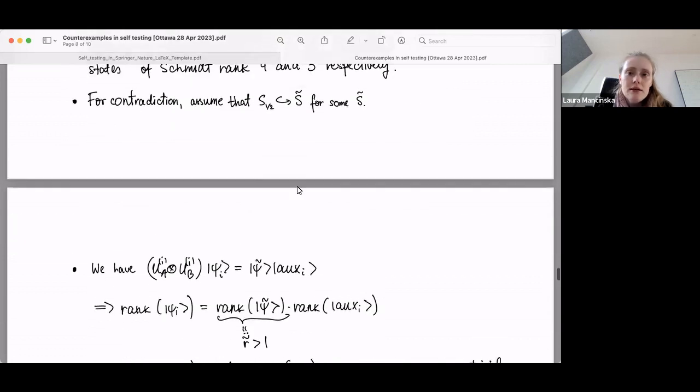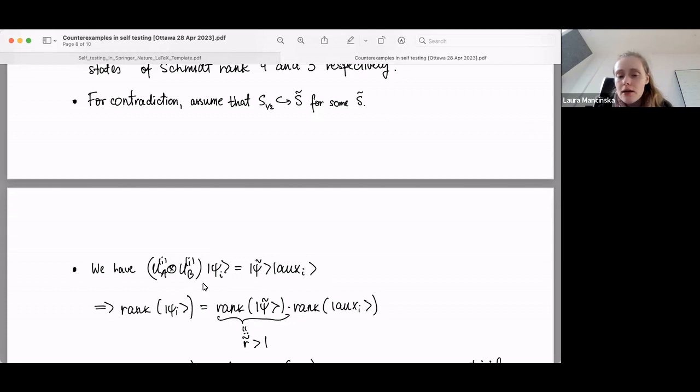So what does it mean that I can locally make this local dilation? Well, it meant that I can find these isometries, right? So that I conjugate it, so that I apply them to the state, then I get my canonical state, psi tilde, tensor some other state. Okay, now what I do is I take the Schmidt rank on both sides